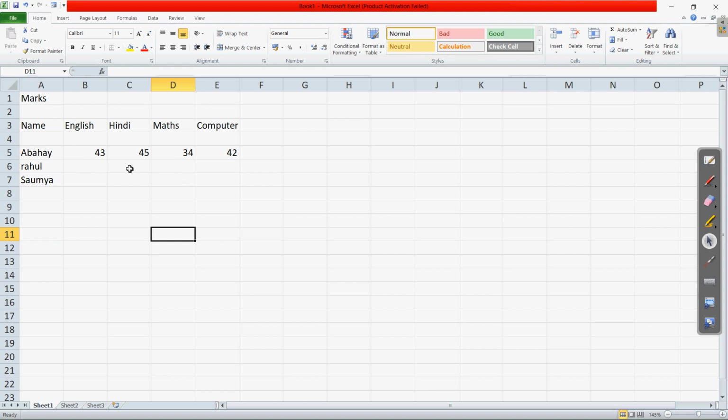In the same way, if it is any business form, any shopkeeper, similar types of data can be entered. So here you have seen that while we were entering data in each of these cells, the same value was appearing in the formula bar also. And the address of this cell is written to the left of it, here in the name box. So right now this is D5. So the address is D5 and the value is 34.